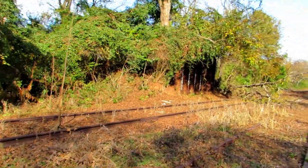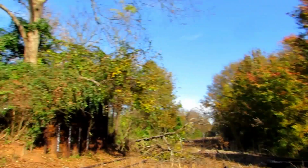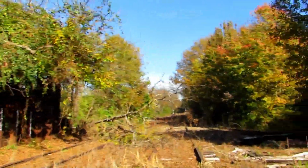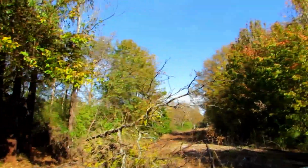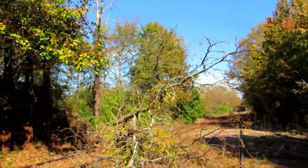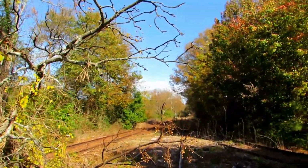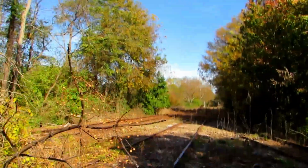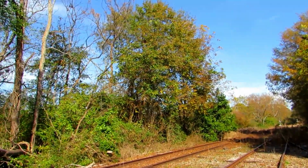But I'm hoping I'll live to see this line reactivated, not just to Watkinsville and Athens and back, but also all the way to Madison. Whether that's for freight, general, or excursion use remains to be seen, but I hope it can be done. Because the thing is, this line may not look like it now, but it does have potential. It's just going to take a lot of money and a lot of time to get it back to a more